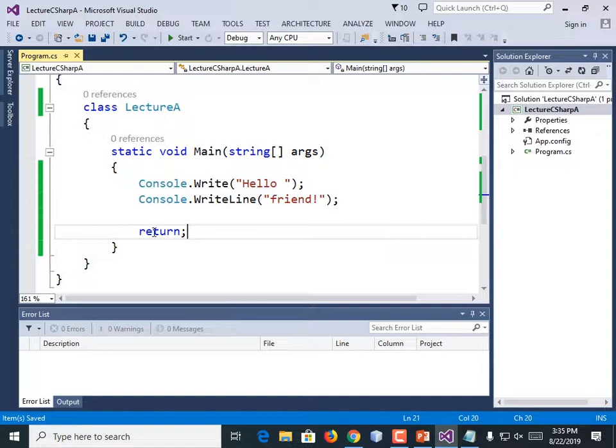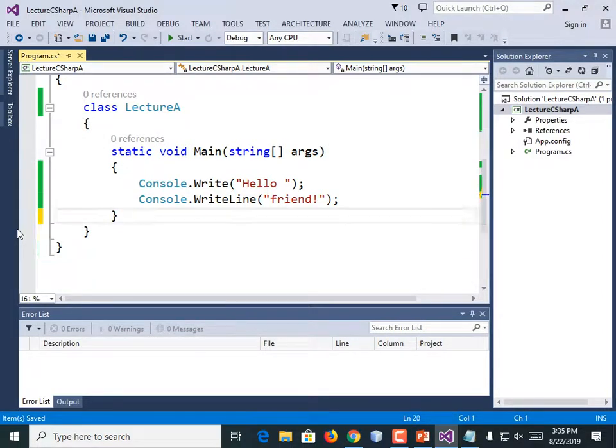A lot of functions, a lot of methods you write will return something, right? That's why you're calling them, to do some kind of calculation, or it needs to return some kind of success or failure code to indicate that it worked. So a lot of the time we're not going to declare something as void. But in this case we are.